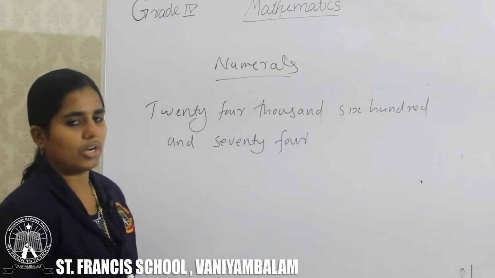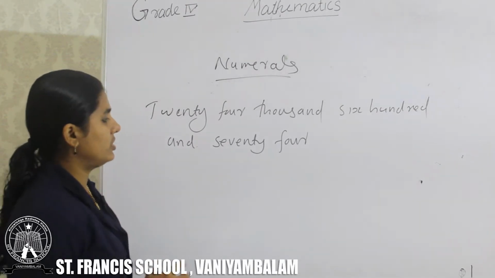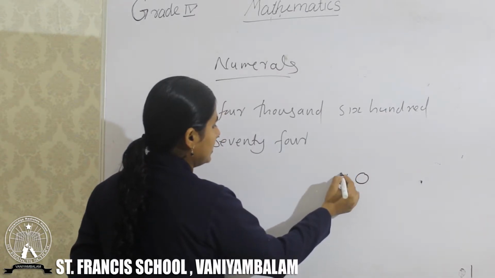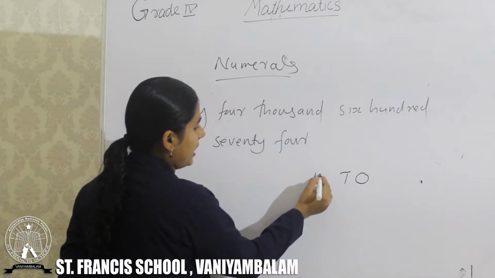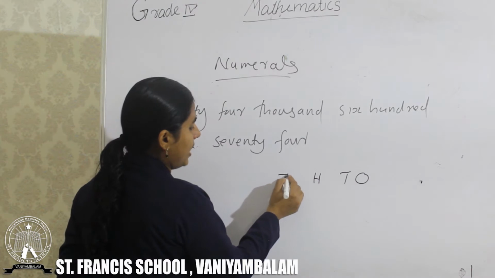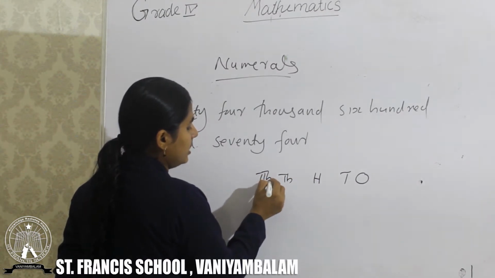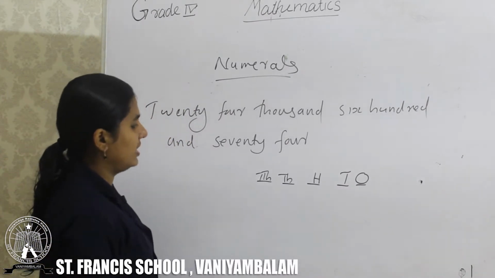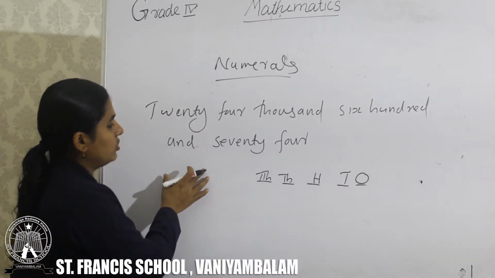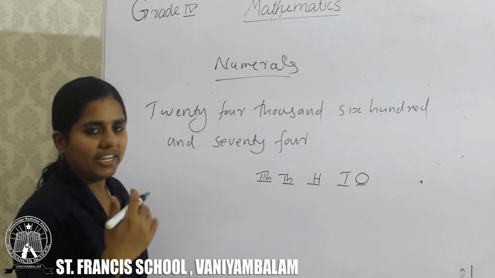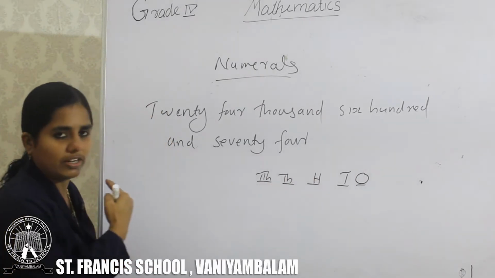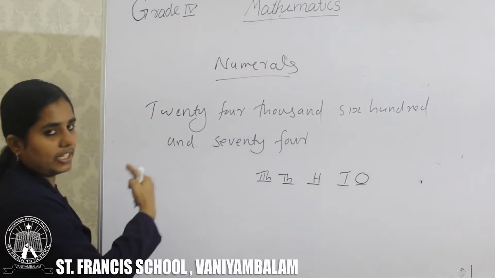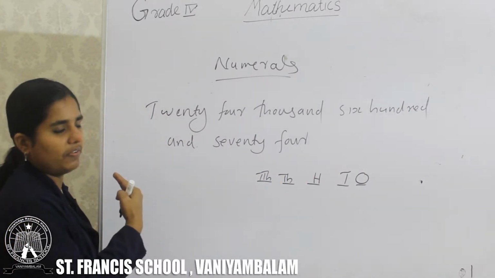First we want to write the place value chart. Right side we have ones, then tens together. Next part 100, then next part 1000 and 10,000 together. This is the place value chart of 5-digit numbers. Every time we want to write the numbers from right to left. This pattern we want to use.